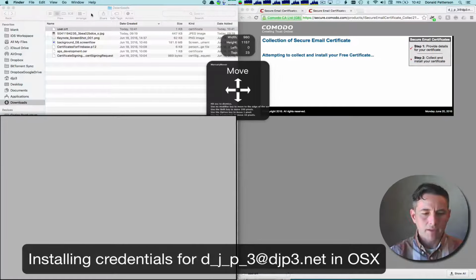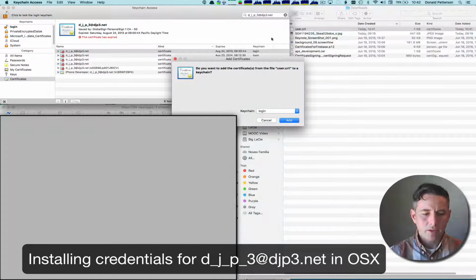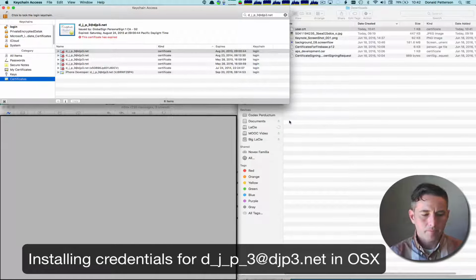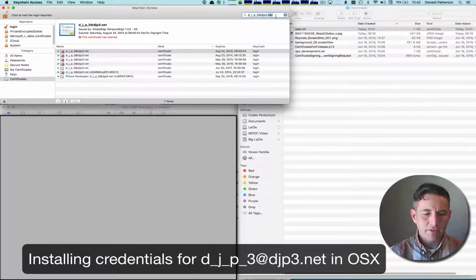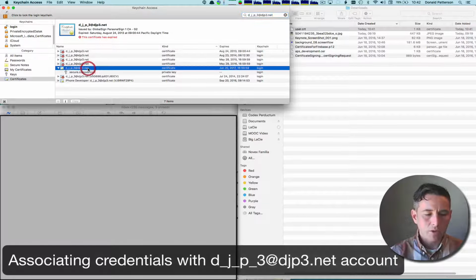Move this over to the right. Double click on it in order to install it into your keychain. And I'm going to add it. When I do that, you can see that because I have this filter set up here for this email, I now have a certificate indicating that I have something associated with my email address, which will allow me to digitally